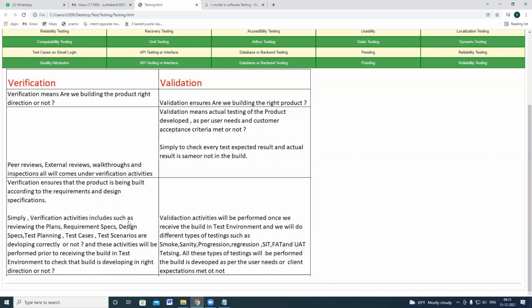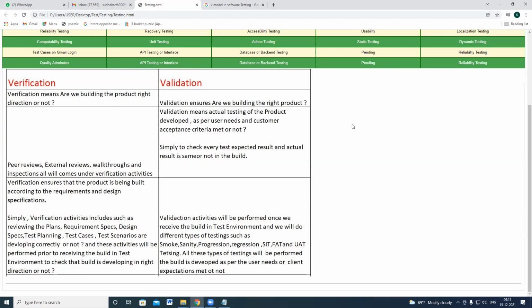Simply, verification activities include reviewing the test plans, requirement specification, design specification, test planning, test cases, and test scenarios, whether they are developed correctly or not. These activities are performed prior to receiving the build in the test environment, to check the build is developing in the right direction or not. Got the point?